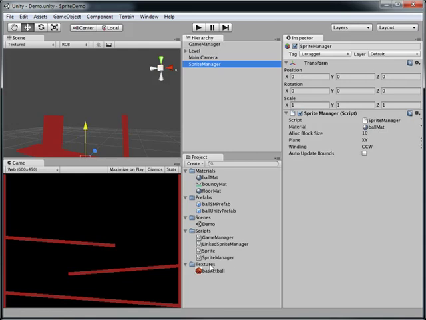And as I said in an earlier video, the sprite manager by default is not going to update the position of the sprites based on their associated game objects unless we explicitly tell it to. So what's going to happen is the sprites are going to be drawn in their initial position, and then they're just going to stay there. But the game objects that are going to be created are going to continue to fall and rotate and act the way